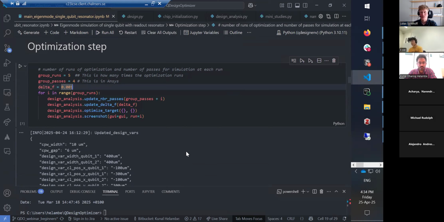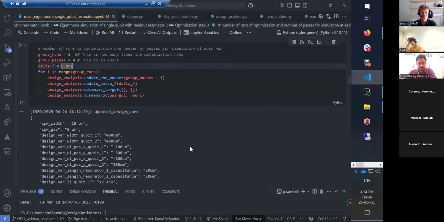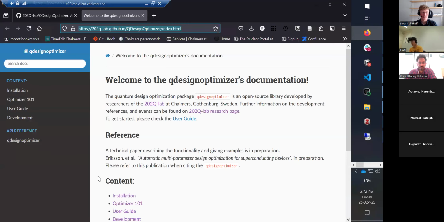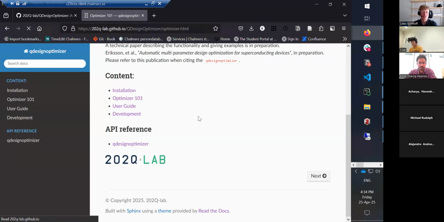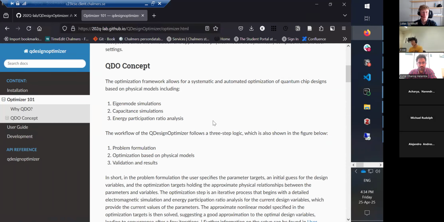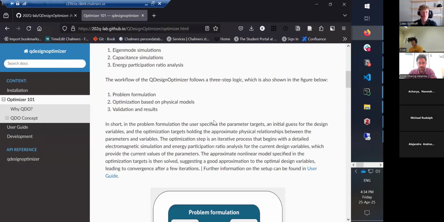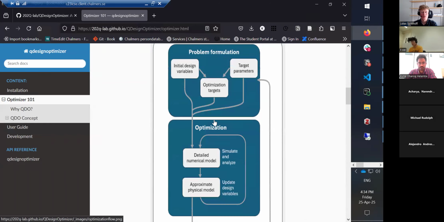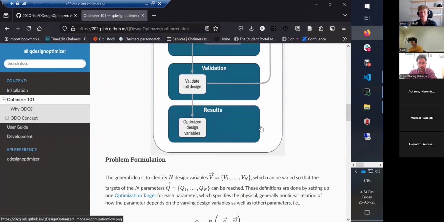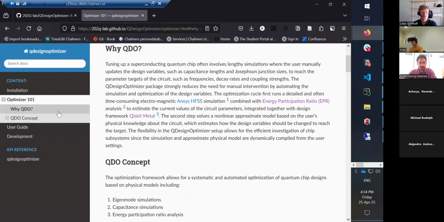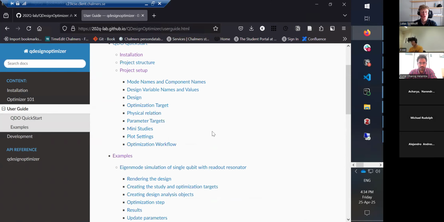questions. We tried our best to make the online documentation as clear as possible, but of course, everyone reads it differently. Here's the online documentation. There's an Optimizer 101 where we go through the concept again. Basically, the entire presentation that you've seen today is based on this Optimizer 101. But we also have a user guide, which is just beneath it. And there we show you what steps need to be taken